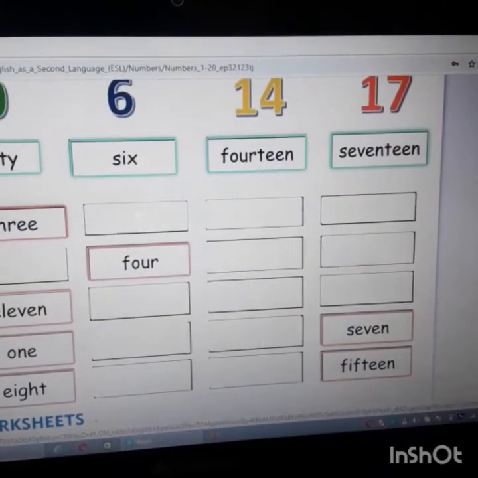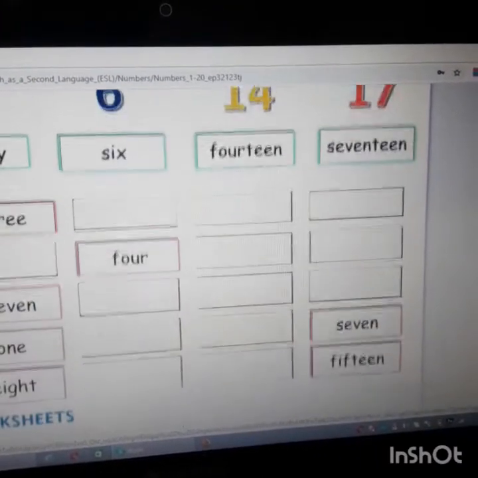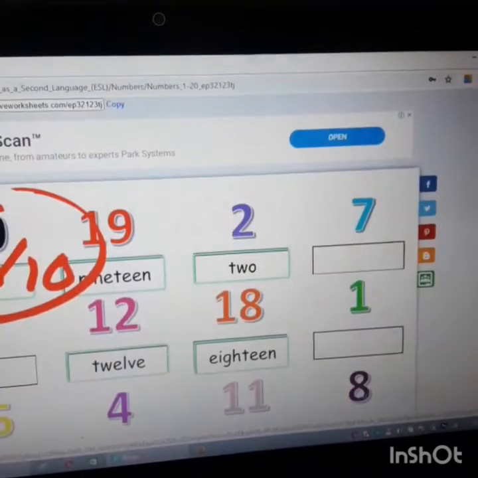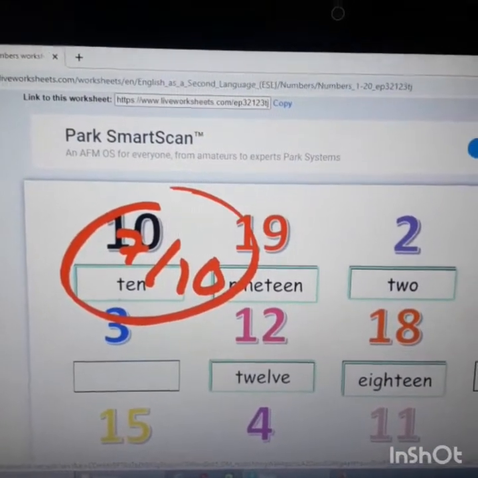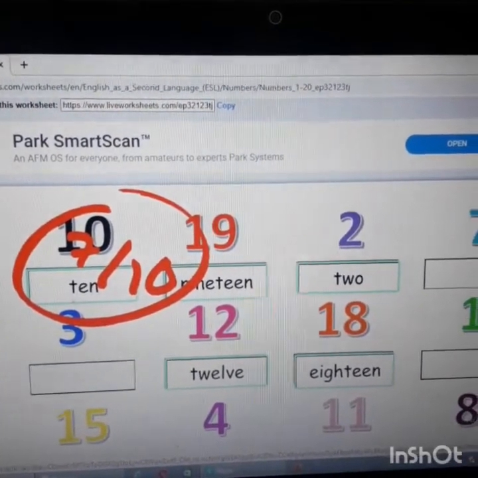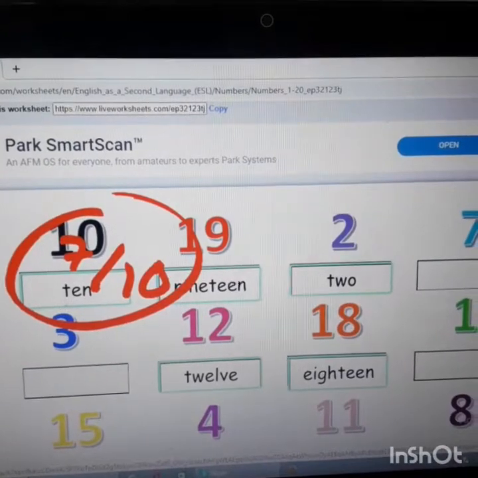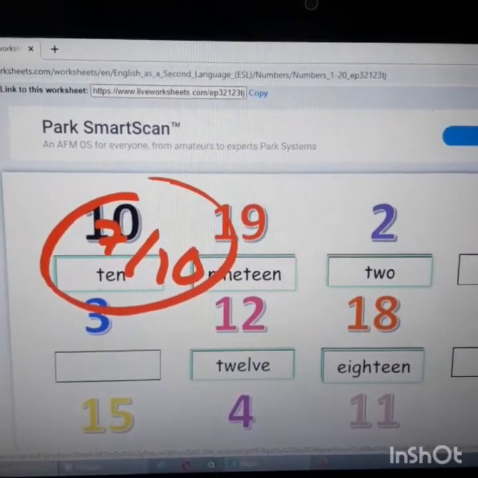for whatever correct you have got, it will show in green, and whatever wrong you have got, it will show in red, and it is going to display your marks here. So when you ask your children to complete the worksheets, and when they complete them and see their marks on the spot, they will feel very happy to do the worksheets.